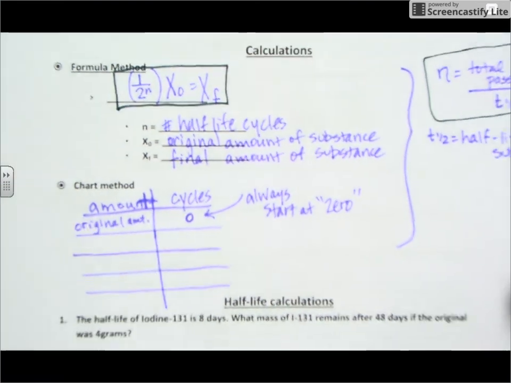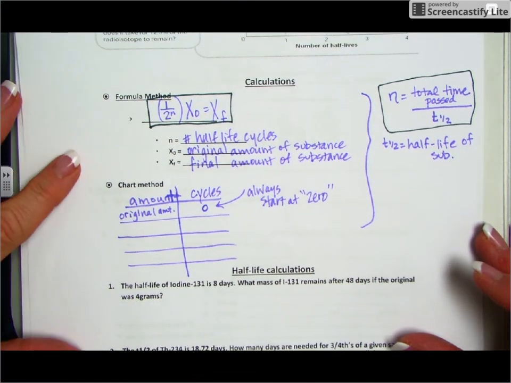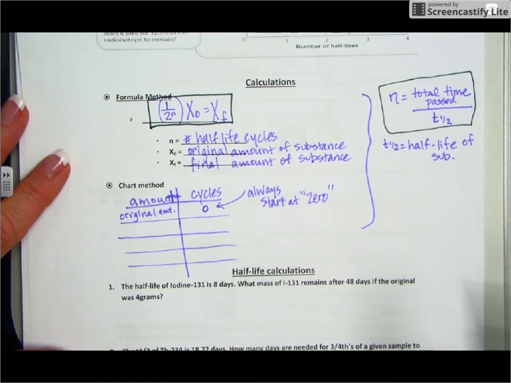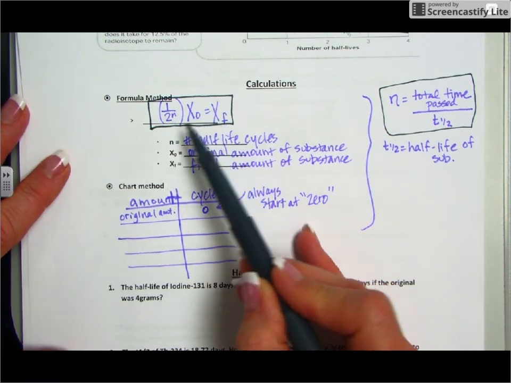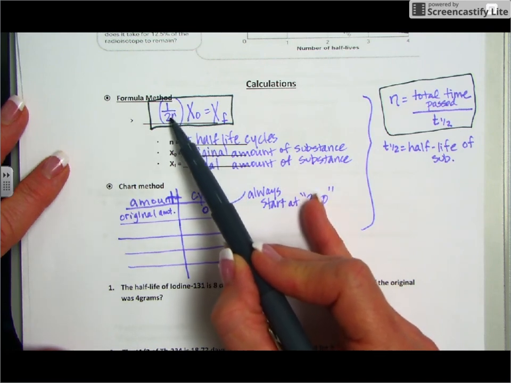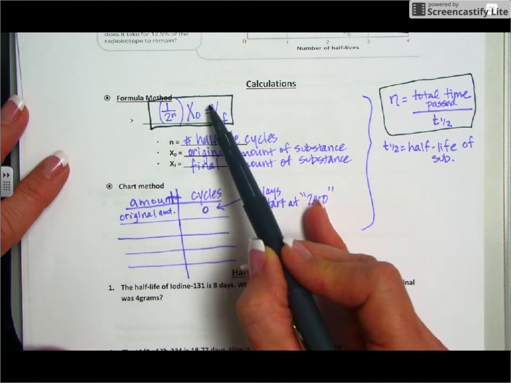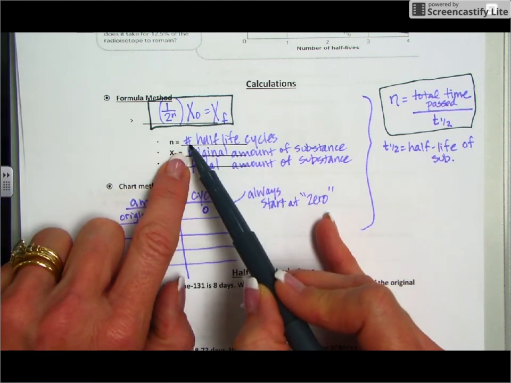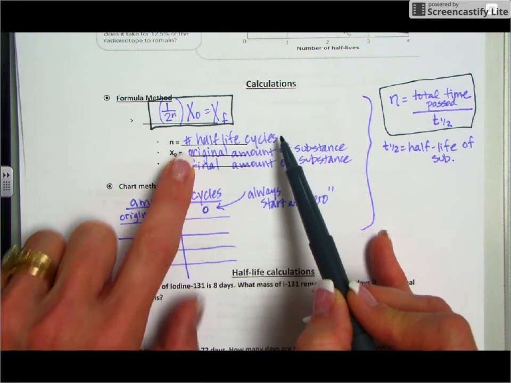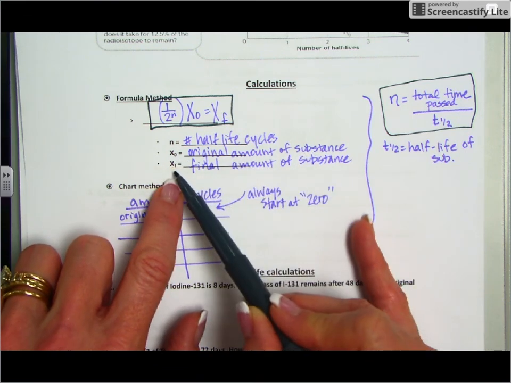But I'm going to talk you through these two notes examples using both methods so that you can see the same problem worked out in two different ways. Now, for the formula method, the formula that we use is 1 divided by 2 raised to the n power. Notice the n is in the denominator. And that's times x initial equals x final. Now, n is representing the number of half-life cycles, the cycles that have gone through. X sub 0 is your original amount of your substance or your sample, and x sub f is the final